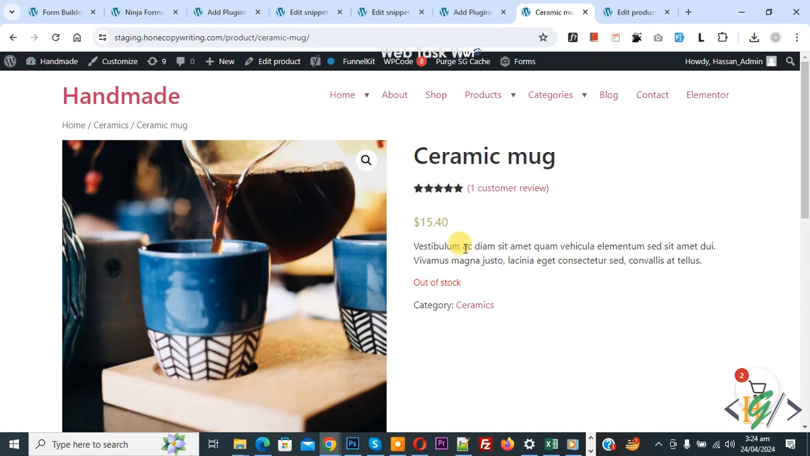Bismillahirrahmanirrahim. Assalamu alaikum. My name is Hassan and today we are going to modify our WooCommerce product link for X